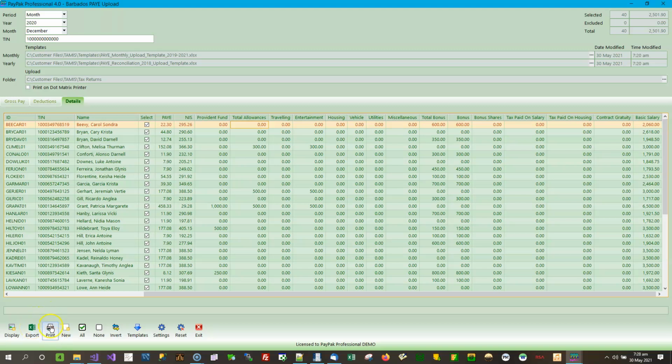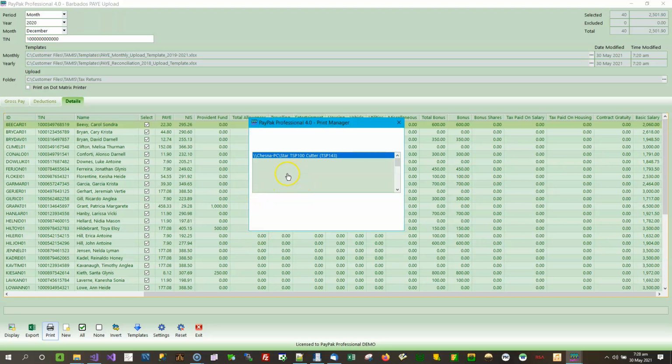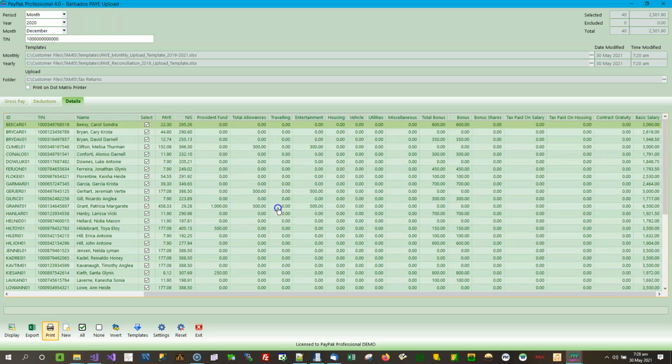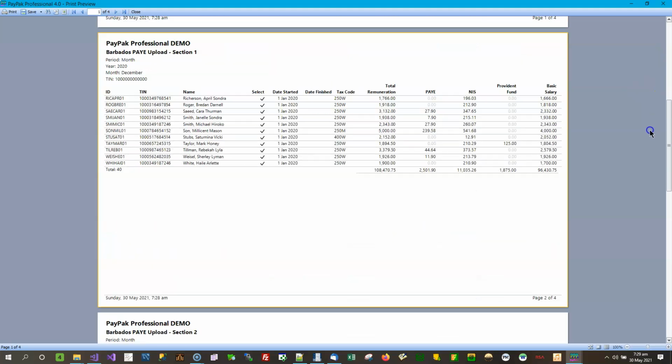There's also a print button, and if you wish you can print and preview. Some customers like to print it out. Some customers will print it before they export it, to look through it and review it. So if you wish to do that, you can do so, and it prints